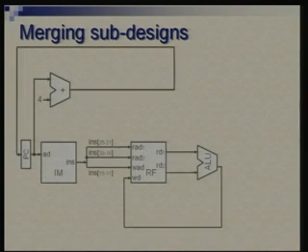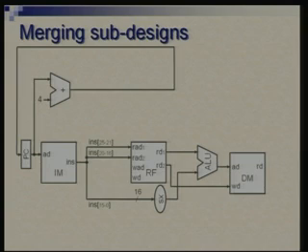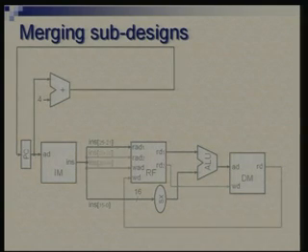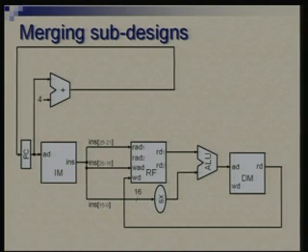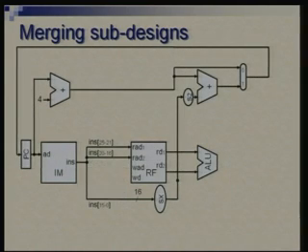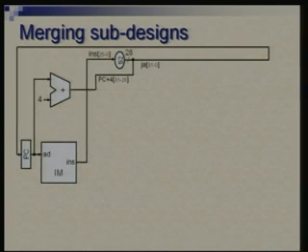Okay, now we have come up with these 5 partial designs. We need to put them together to form the final design. So I am calling these sub designs. We are going to merge these. So this was one. Let's quickly cycle through these. That's the second one, this is for store instruction. Then this is for load instruction. This is for BEQ instruction, and this is for jump instruction.